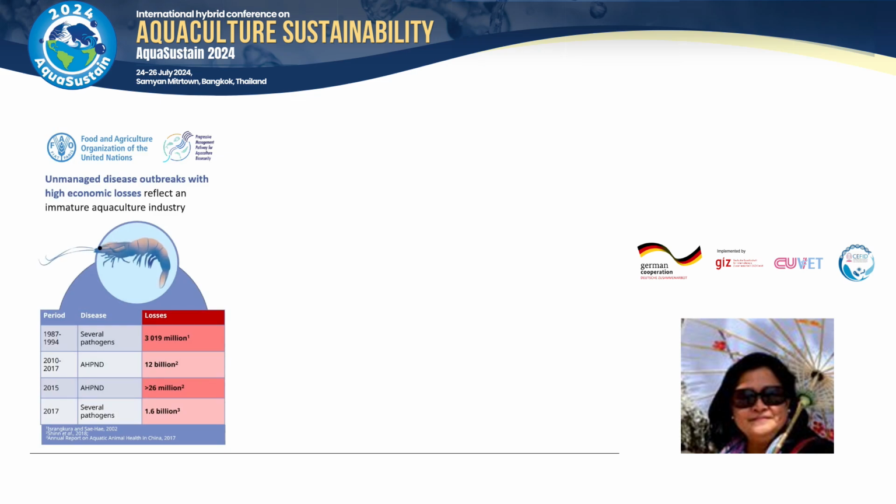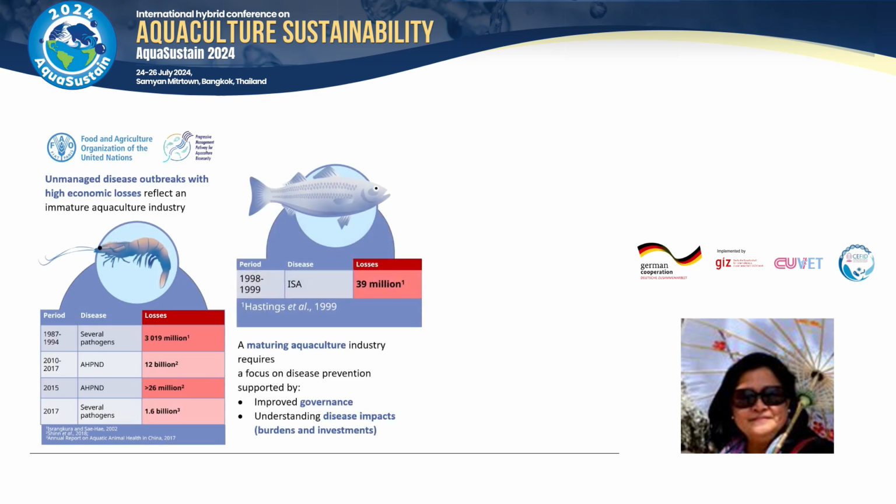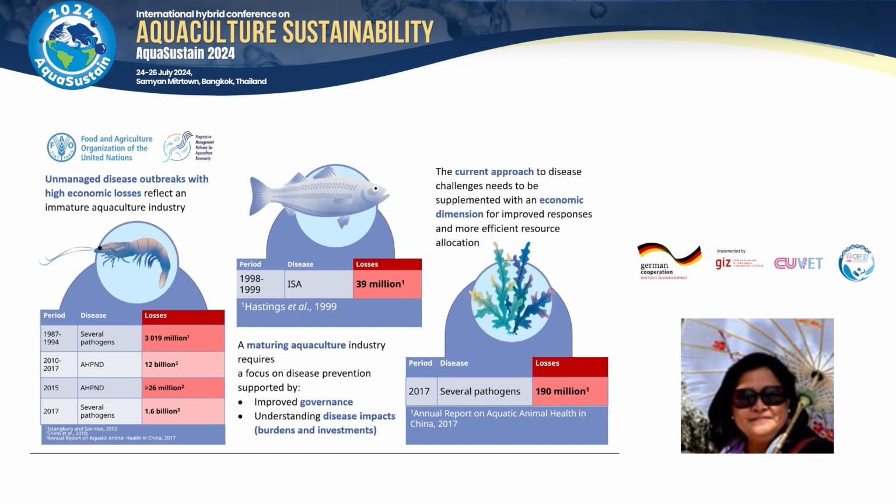If we look at the economics of aquatic diseases based on available literature, economic losses are high and estimated to range from millions to billions of US dollars, caused by either a single pathogen or several pathogens. These unmanaged disease outbreaks with high economic losses reflect an immature aquaculture industry. A maturing industry requires a focus on disease prevention and understanding of disease impacts in terms of burden and investments. The current approach to disease challenges needs to be supplemented with an economic dimension for improved responses and more efficient